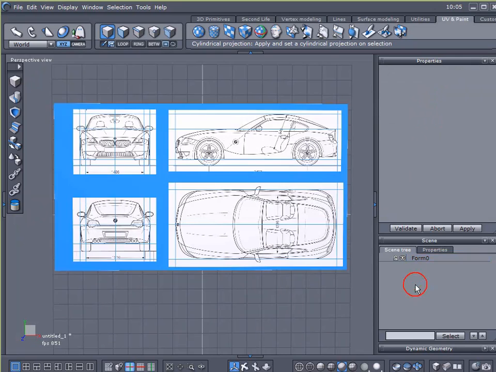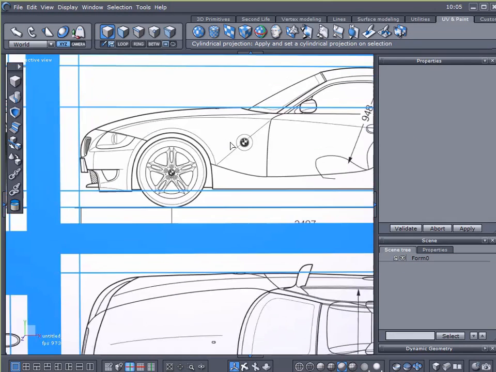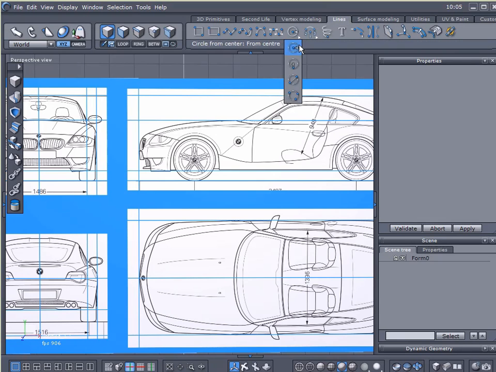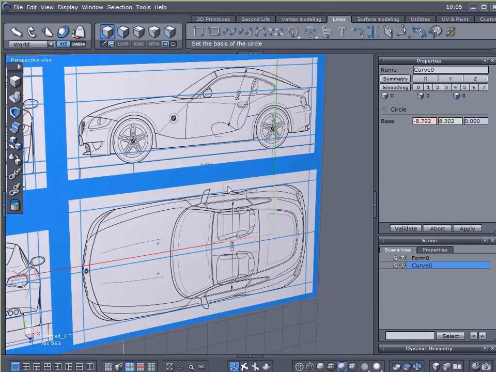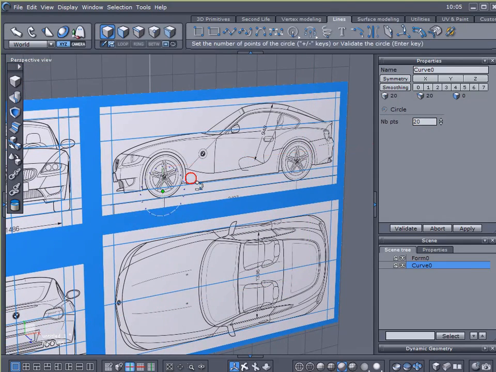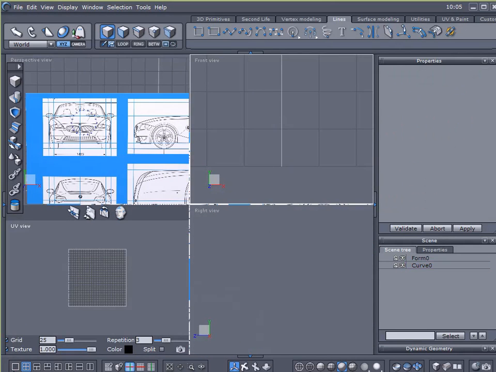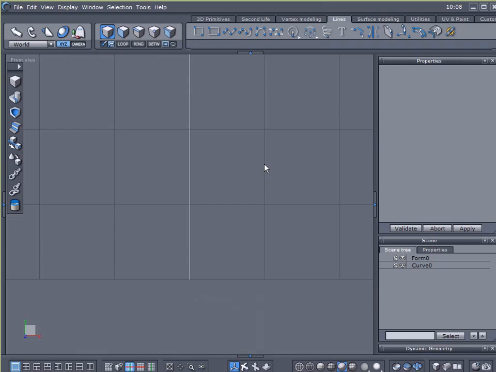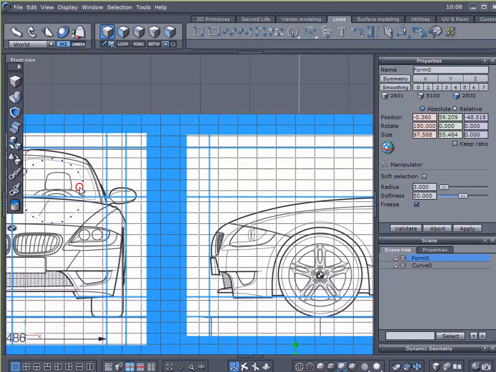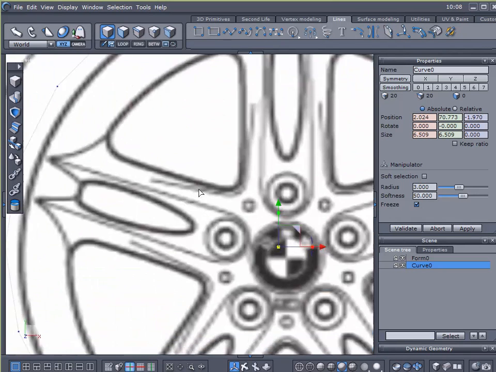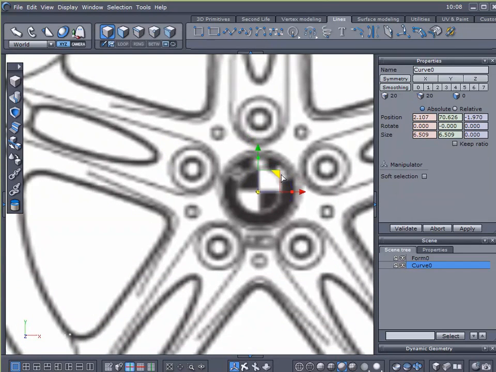Now, because we punched in those numbers in changing the size of this background plane, let's just double check to make sure that it is to scale. I'm going to come up here and grab make a circle. There we are, small little circle. I'm going to change to a front view. And grab my circle, move it right over the tire here. Zoom in, and I'll put the center of it right here in the middle of my